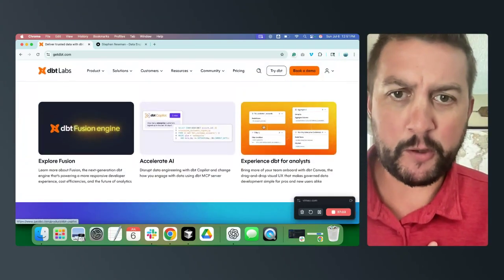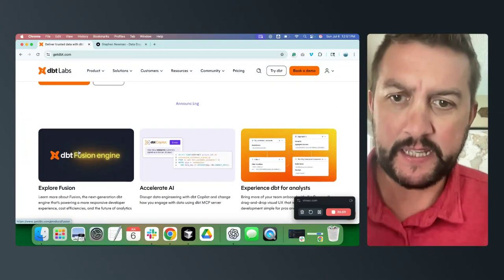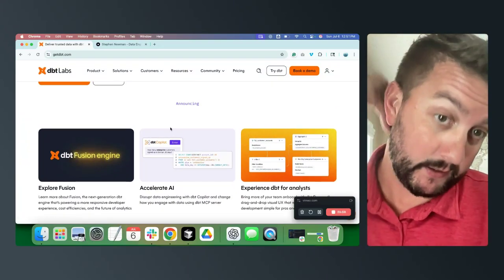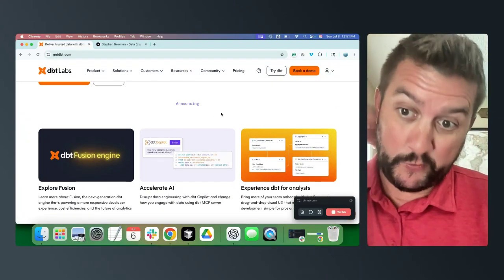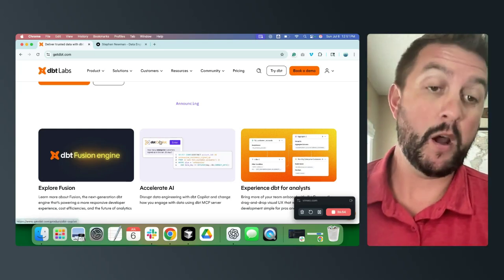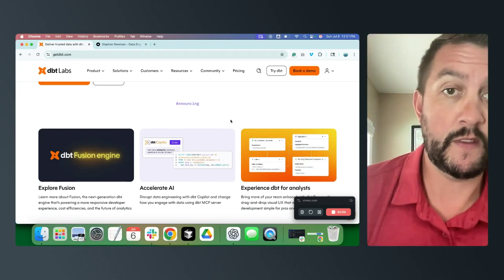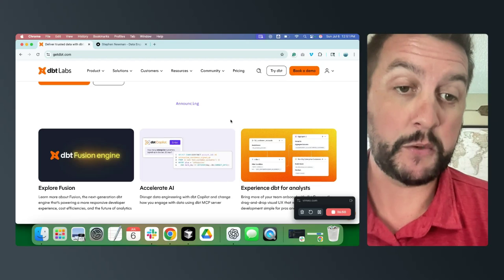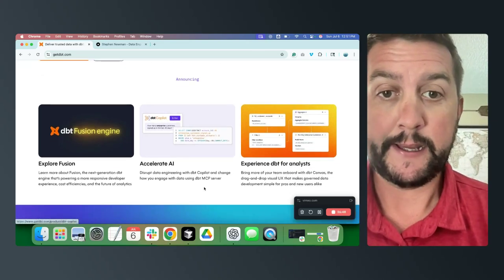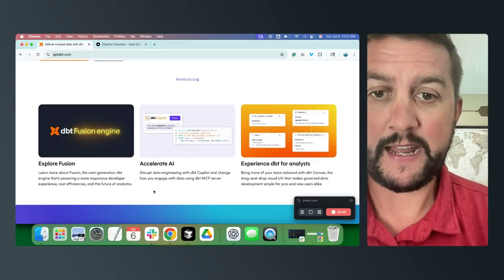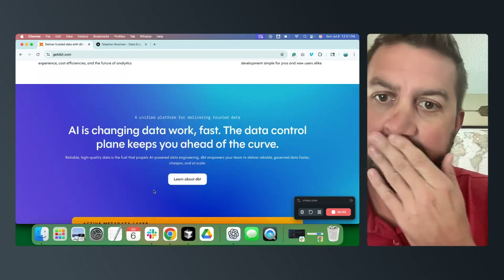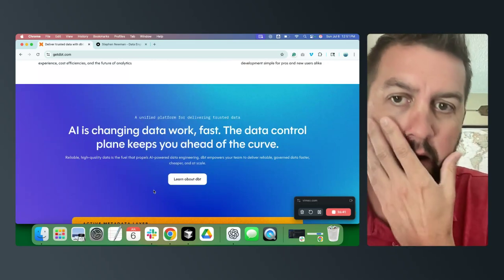The three little blurbs announcing, so you go right into products. Okay. I'm not the right persona, obviously, but this is geared towards, I would assume, existing customers. Everybody's got an AI, that's fine. Data control plane keeps you ahead of the curve. All right.